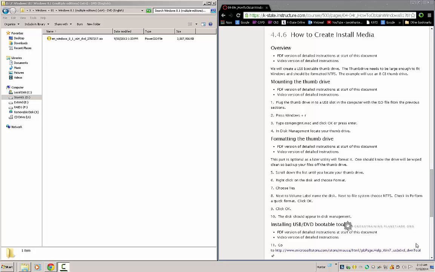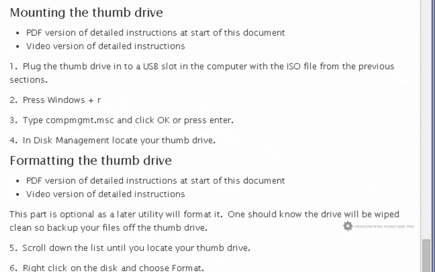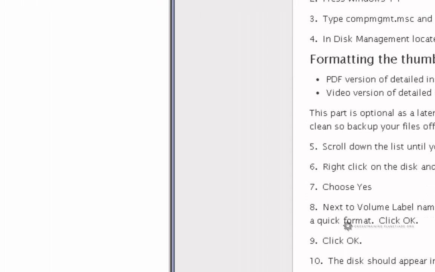So the first thing that we need to do is mount the thumb drive, and basically what that means is to plug it into your computer and then locate it inside of computer management. So I've already plugged in my thumb drive, so I've completed the first step, and now I need to get